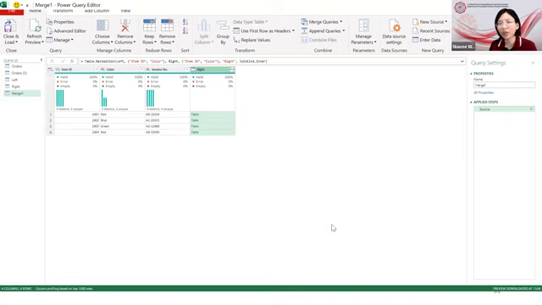Now it seems that the result has not been displayed yet. Why? Because the left-hand side table has already shown. However, the right-hand side table is still zipped in a compound object over here. So you can see that it shows as table. Let's click somewhere in the table. You can see that